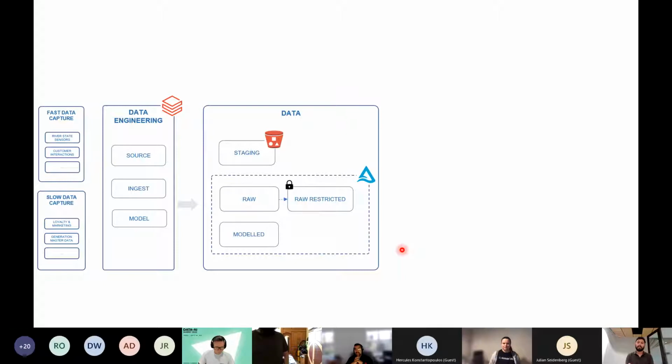Now, the raw layer and the model layer are managed as Delta Lake tables for us, right? So if you consider raw as the data lake, and model as the data warehouse, we have effectively managed to put that into one technology, which is the Delta Lake from Databricks, as Julie was explaining. If we didn't have that, we would probably have used a file system like HDFS for raw, for the data lake, and then a Redshift or any other data warehouse solution for model, and you would have two different computes there, which is against what we wanted to do.